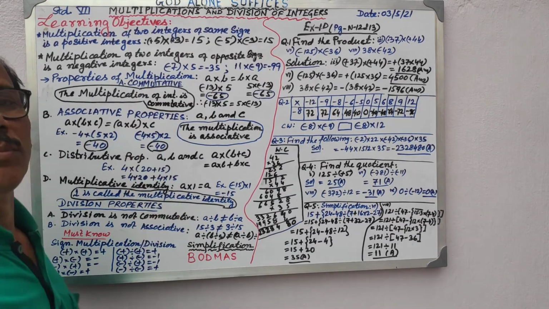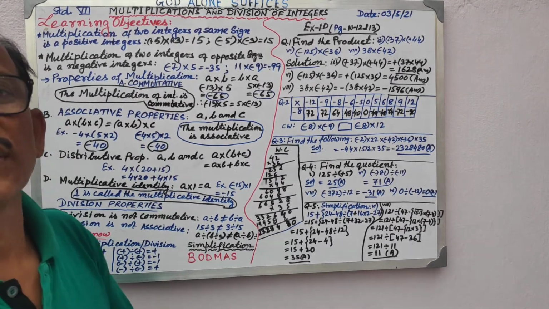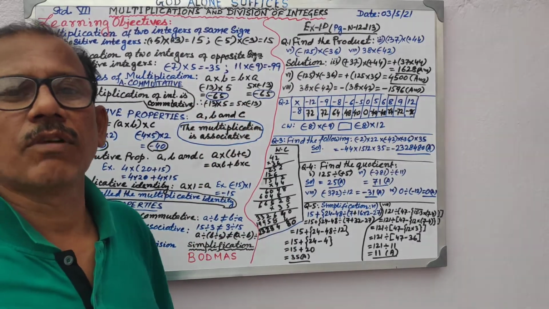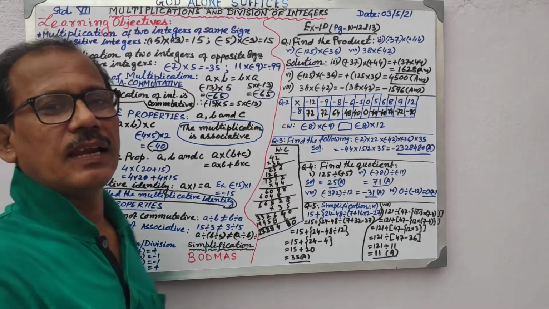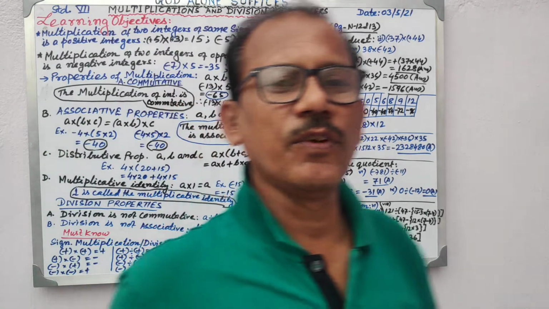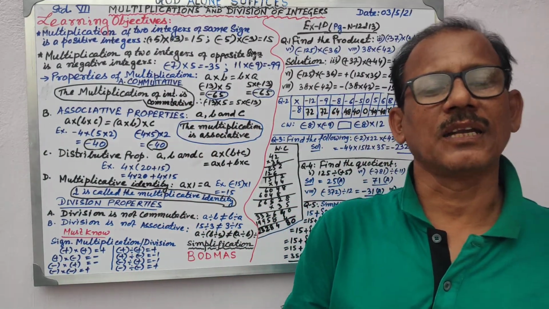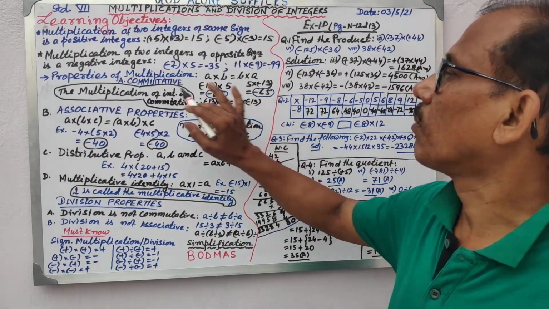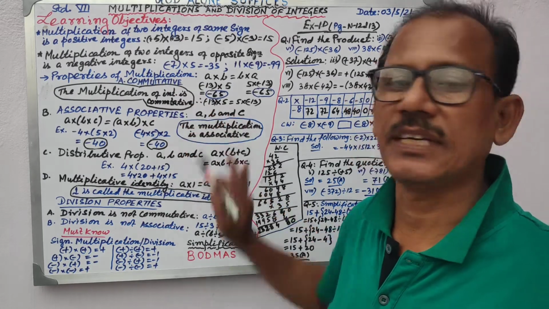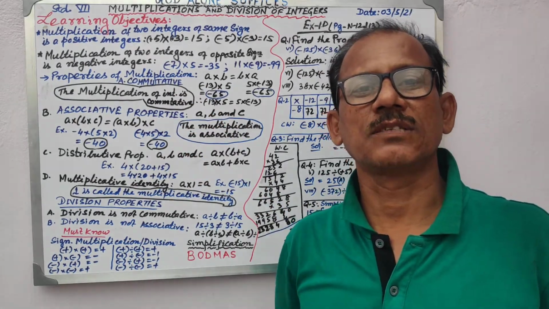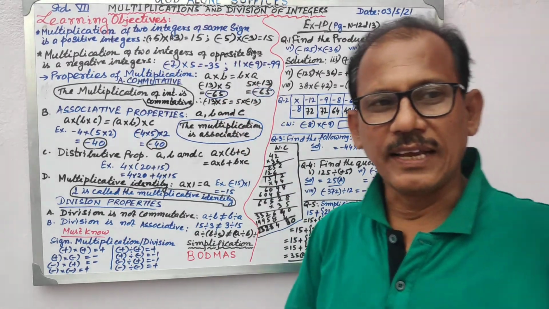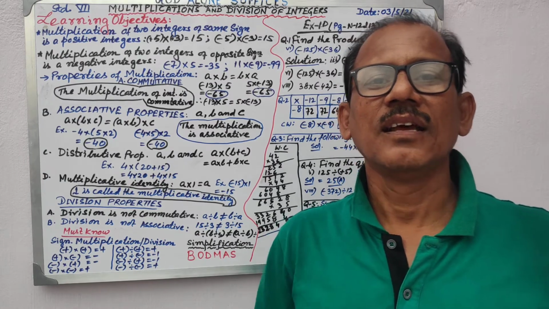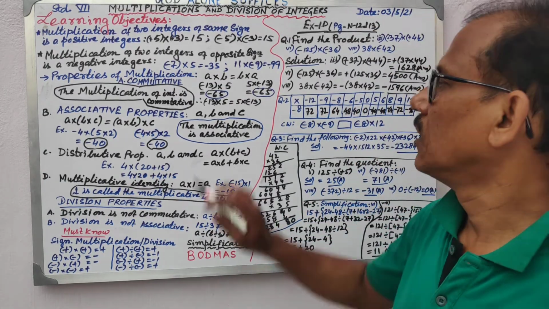Moving on to commutative property. Commutative property means, say two integers A and B. If you find the product of A and B, whatever the product will come, if you find B and A, the product will be the same. I mean to say, if you change the multiplicand to multiplier or multiplier to multiplicand, then the result remains the same for multiplication. So multiplication is commutative. That means the commutative law is satisfied for multiplication. If you interchange the multiplicand and multiplier, there will not be any effect on the product.